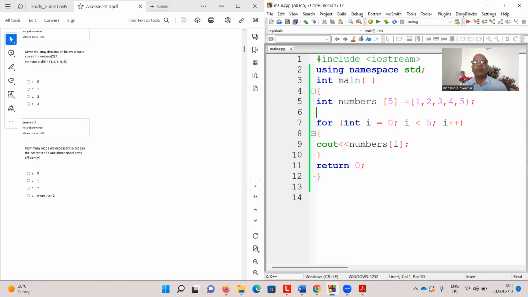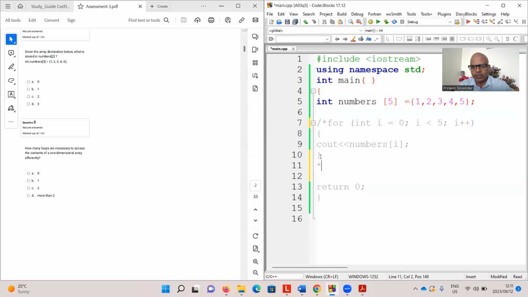So to put all of them together, an array is a data structure. I like to use this word, homogeneous. Homogeneous, all of them are the same. There's a definite starting point, definite ending point. And I'm going to add to that, Marianne, if I want to access an array, I access it by means of its subscript. So taking that into consideration, if I look at line number 7, 8, 9, 10, this is where I'm accessing every single element of the array, right? So what I'm going to do right now is just comment that out for you so that we can